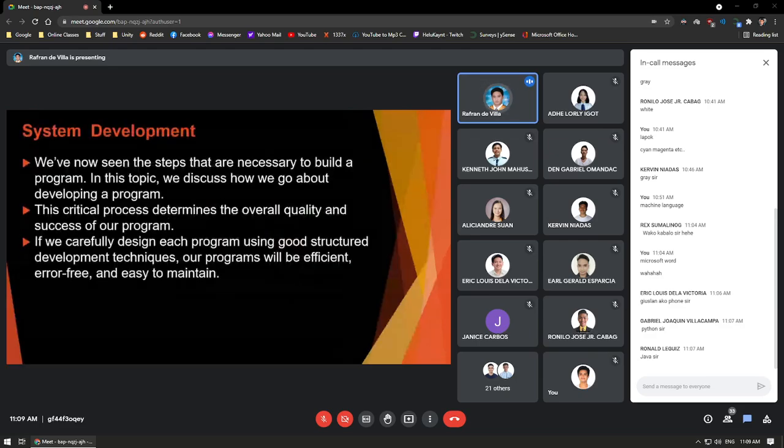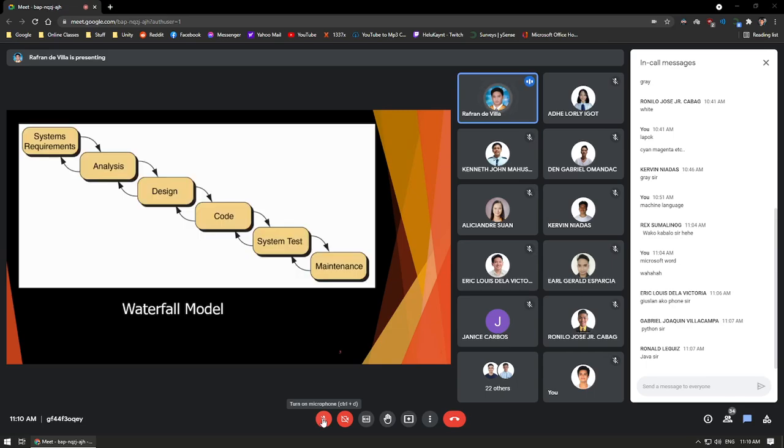So, introduction, we have already seen the steps that are used to build a program. So, sa to, we need to have the source code, okay, then the compiler, then the linker, then you generate your output. In some programming language, you only have the source code, the compiler, and then finally the output. Okay? So, to create a good structured program, okay, we need to learn about mga development techniques for our program to be more efficient, error-free, and easily maintainable. Okay? Now, unsa man gitawag nato nga